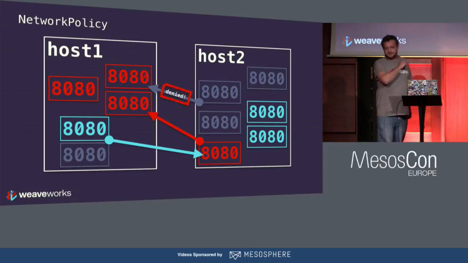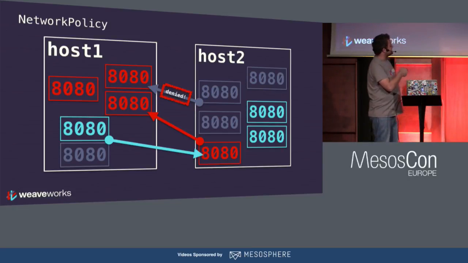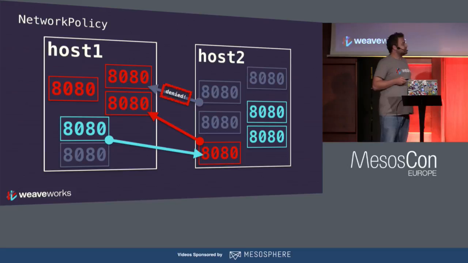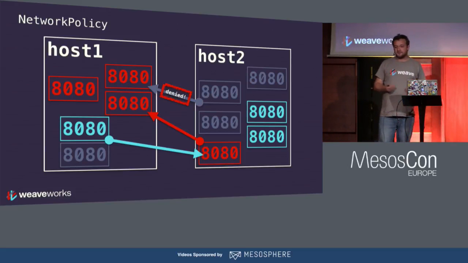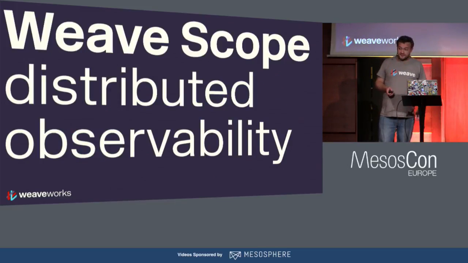So Kubernetes has network policy, which allows us to essentially express that whatever that blue thing is, it's allowed to talk to the red thing, and the red thing is only allowed to talk to other red things, and the dark blue thing shouldn't be talking to the red thing. You know, that sort of thing. And that's something that we can do declaratively with the Kubernetes Network Policy API, for example. And other things we can do with the APIs is distributed observability, and we do that with Weave Scope.